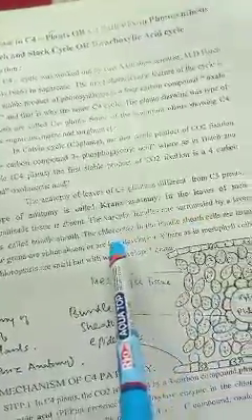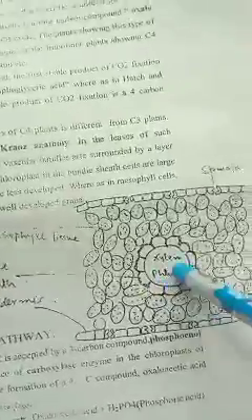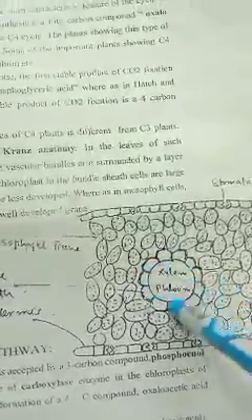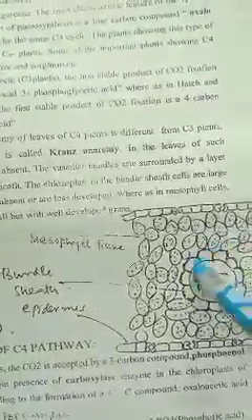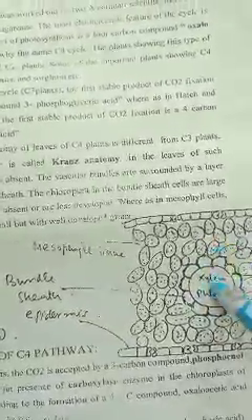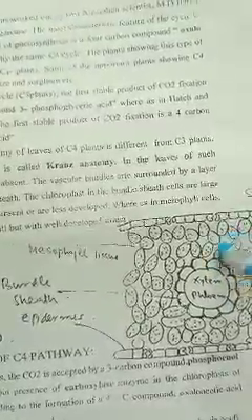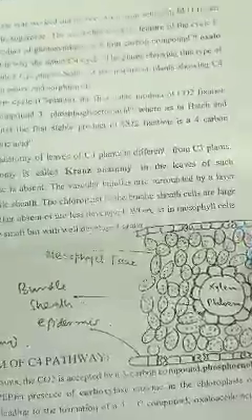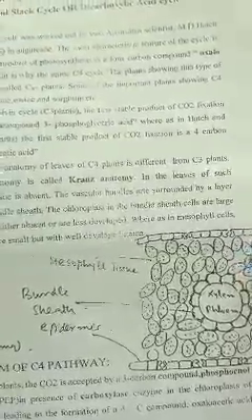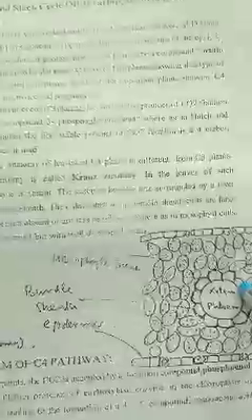The chloroplasts in the bundle sheath are large, and grana are either absent or less developed, whereas in the mesophyll cells the chloroplasts are small but with well developed grana. This is the characteristic feature of these C4 plants: there is a central vascular bundle, surrounded by a sheath of cells called the bundle sheath, and this bundle sheath in turn is surrounded by some layers, mostly 4 layers, of mesophyll tissue.